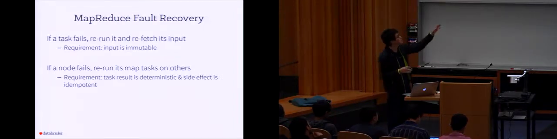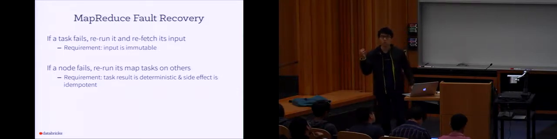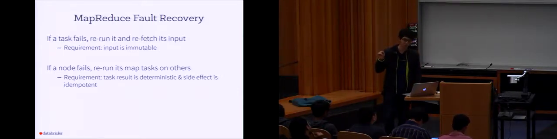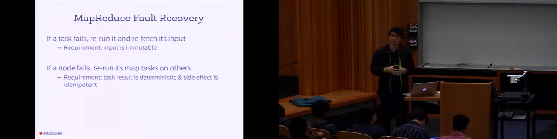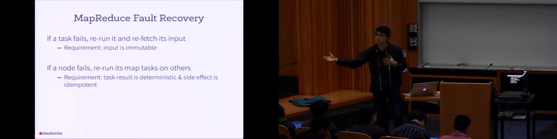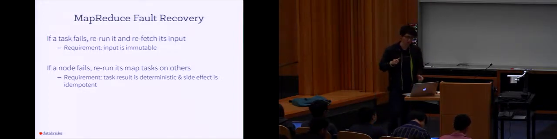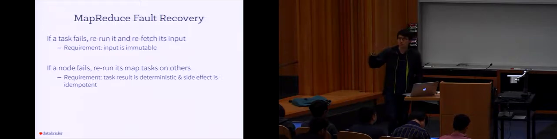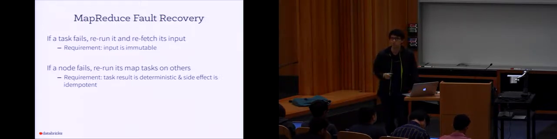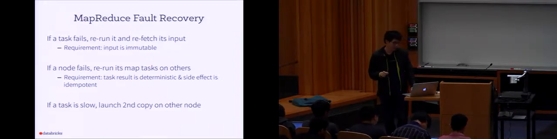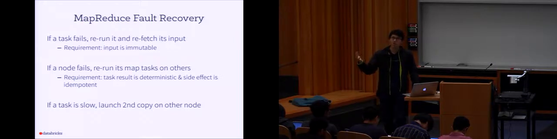So for MapReduce recovery to work well, your input needs to be there and needs to be immutable. The second is that your task result, basically what gets returned from a task, needs to be deterministic. If I rerun it, it can't just give me a different result. And last, if it does something outside of the system that has side effects, the side effect really needs to be idempotent. With these, this is a great way to mitigate stragglers: if the MapReduce framework finds out one of the tasks is slow, and there are many different heuristics you can define for slowness.